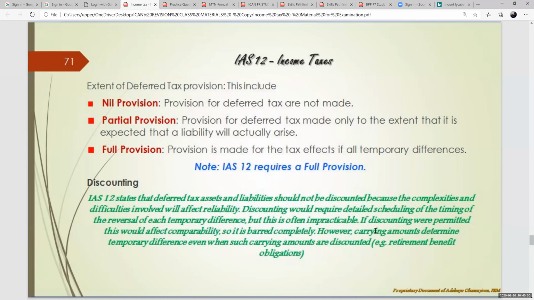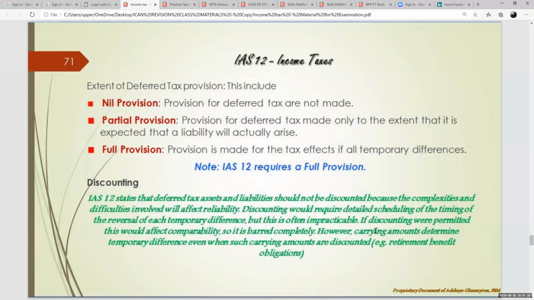The second reason why it's not being applied is because the complexity involved in tracking and reconciling the deferred tax movement over time may be impracticable. Impracticable in the sense that it might be onerous in doing so. In that regard, the board concluded that discounting should never be applied in computing deferred taxes,